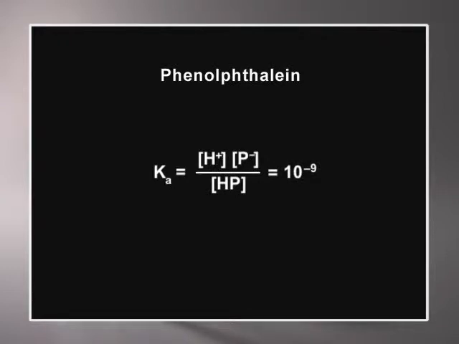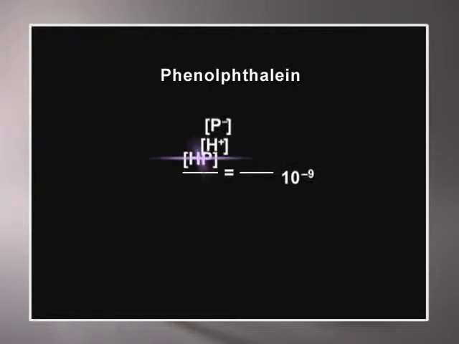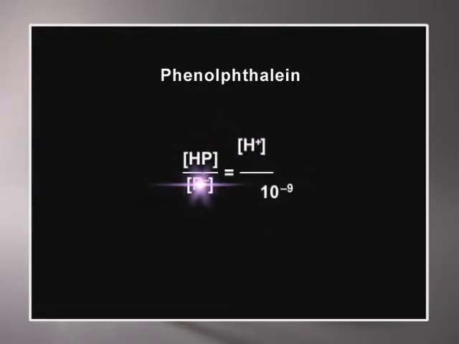Now let's rearrange that expression a bit. This expression can be algebraically rearranged and written as the concentration of the HP molecules divided by the concentration of the P minus ions equals the concentration of hydrogen ion divided by 10 to the minus ninth. Now this is slightly subtle and not of critical importance, so if you don't follow the mathematical logic perfectly,